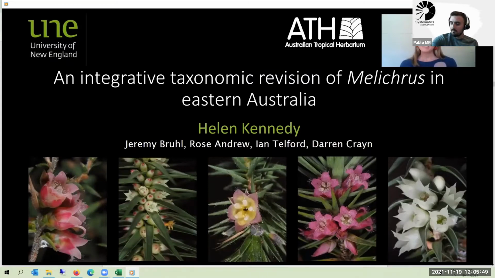The primary aim of my PhD is to revise the taxonomy of a group of shrubs which are endemic to Australia called Melichrus. To achieve this, I am taking an integrative taxonomic approach where I consider both morphological and molecular data for species delimitation. I'm about two-thirds of the way through my PhD now, so I have some results. I'd love to take this opportunity to share some of those results with you today. And I suspect by the end of my presentation, all of you will likely know more about this little genus of Aussie shrubs than just about anyone else. So enjoy.